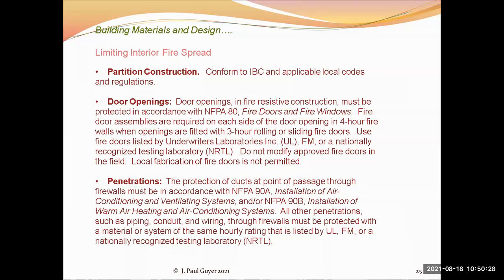2x6 steel studs at 16 on center with 5/8 gypboard both sides. What is the fire resistive construction and rating of that barrier? How is it determined? Well, it's determined by test, and it's determined typically by an independent testing laboratory like Underwriters